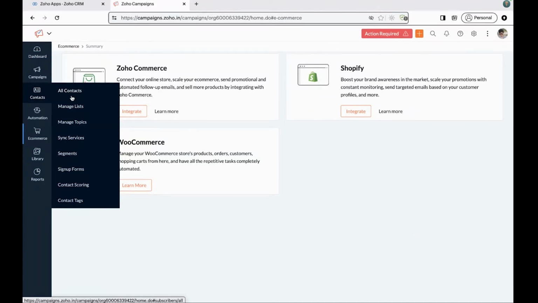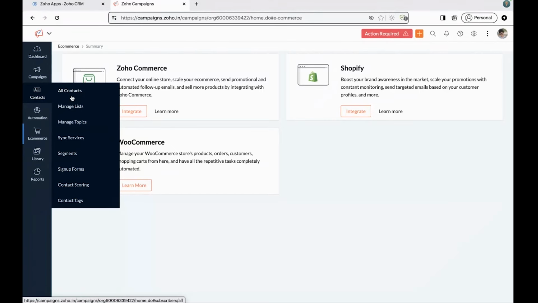So let's say you are purchasing a standard edition of Zoho Campaigns. The standard edition of Zoho Campaigns comes with 100,000 contacts to whom you can send out emails on a monthly basis. So if your Zoho CRM is going to have more than 100,000 contacts, let's say 200,000, in that case, you may have a doubt, how will Zoho Campaigns sync it? So all the 200,000 will be synced, but again, you have to categorize them either as a marketing list or